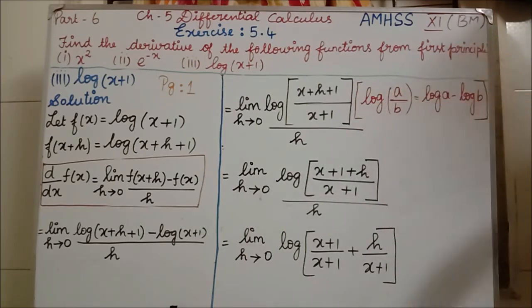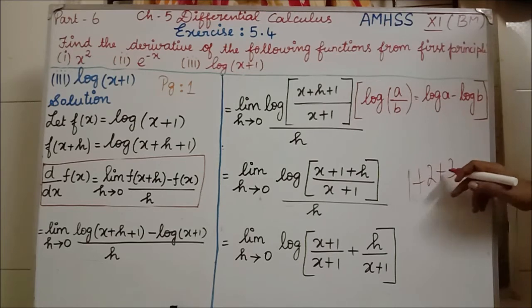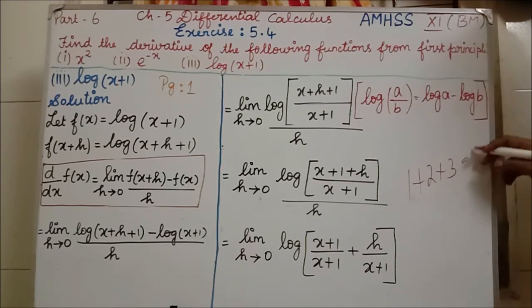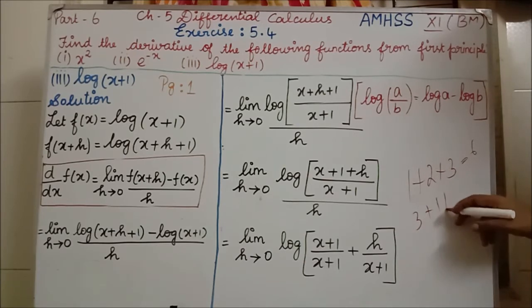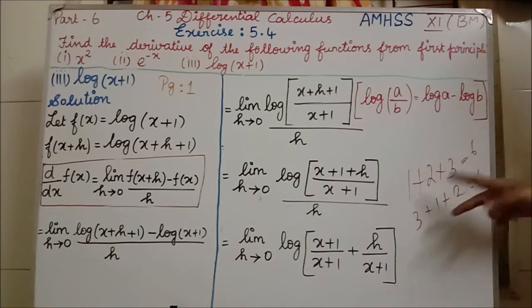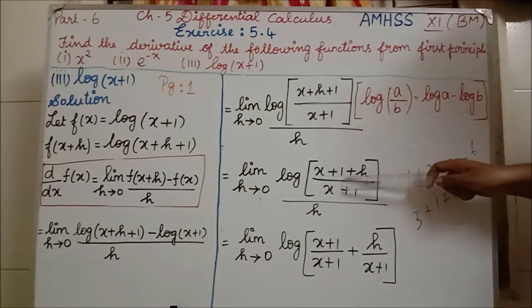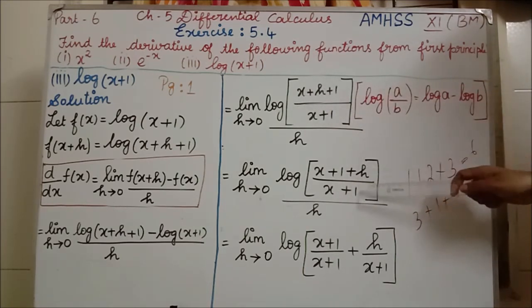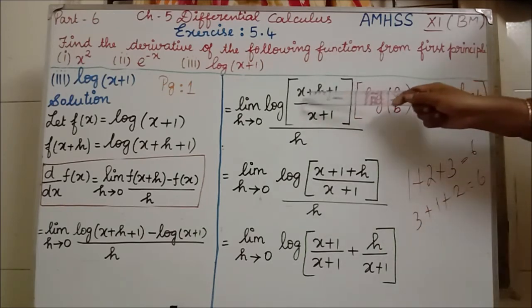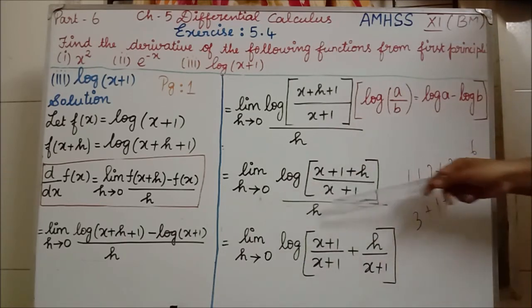The next step is we are taking the 1 to this side. Why are we taking it like this? It will not make any issue, because 1 plus 2 plus 3, the answer is what? 1 plus 2 is 3, 3 plus 3 is 6. Similarly, 3 plus 1 plus 2, this answer is also 6 only. So in addition, if you write in any order, you will get the same answer. So we write x+1, and afterwards in the last we write plus h. Here first we write (x+1+h) divided by (x+1), whole divided by h.